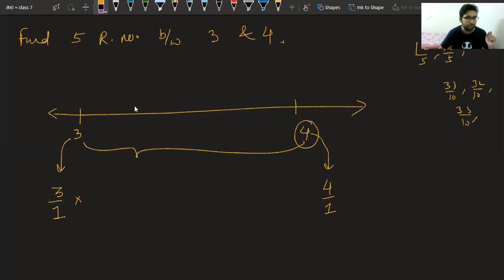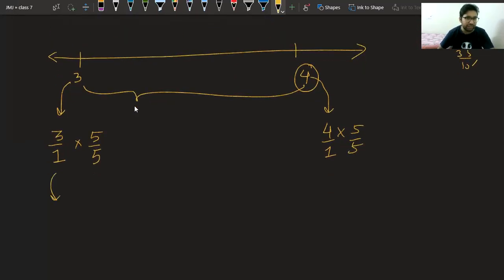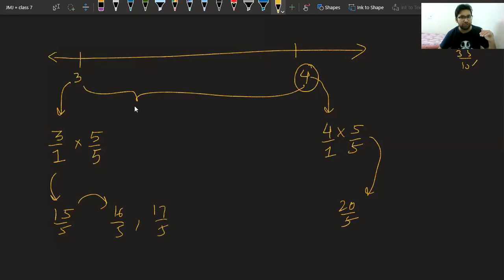Let us see how. So Rishi, see, I am taking 5. I am taking 5 as the equivalent fraction multiple. What will I get? 3 can be written as 15 upon 5. Is it fine, class? 3 can be written as 15 upon 5. 4 can be written as, please tell, 20 upon 5. Very good. Now the next number that will come in the series will be 16 upon 5. The next one will be 17 upon 5, 18 upon 5 and 19 upon 5.